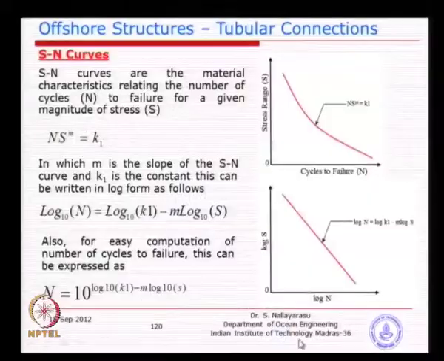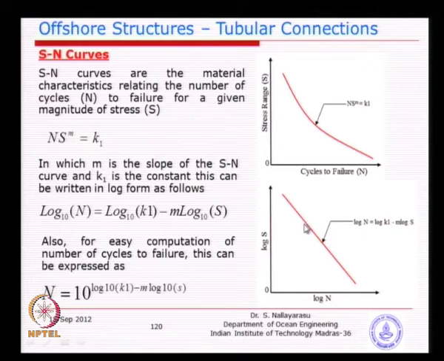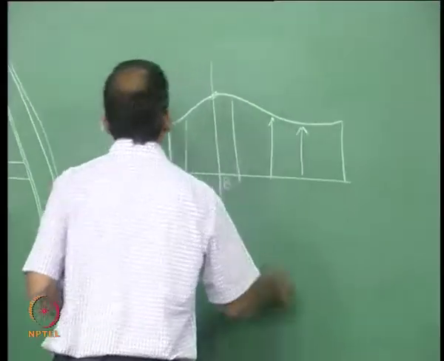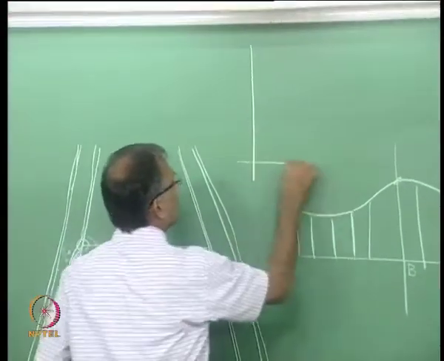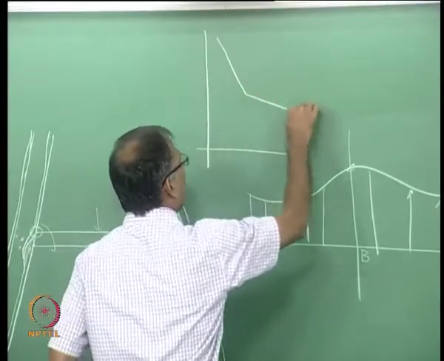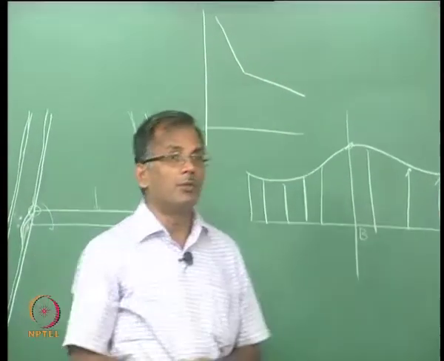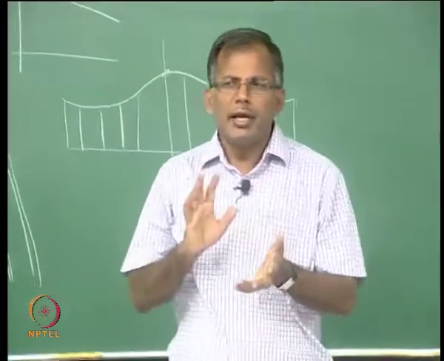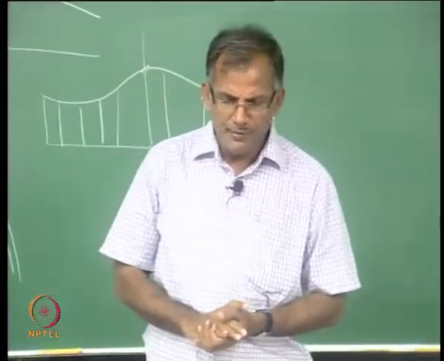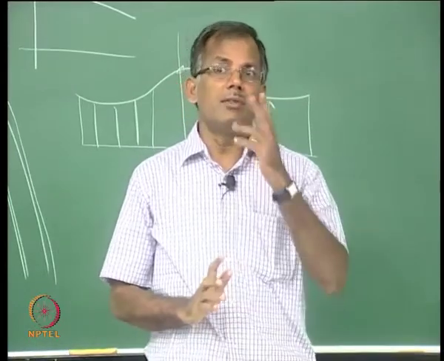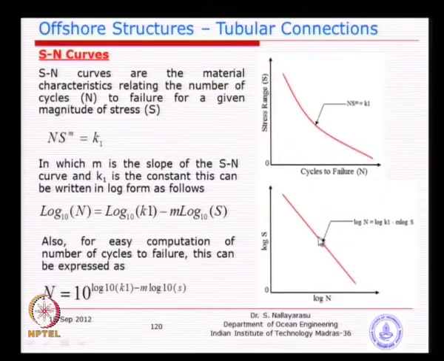Sometimes you will see that instead of a single slope like this, some of the SN curves have a double slope, a different slope for different ranges. You will see a steep slope, and then some of the materials exhibit a double slope SN curve. In earlier revisions of the API code, in fact, we had a single slope like this. In recent times, the last 5 years, they have changed to double slope, based on additional experimental studies. So, we will just see some of the examples.